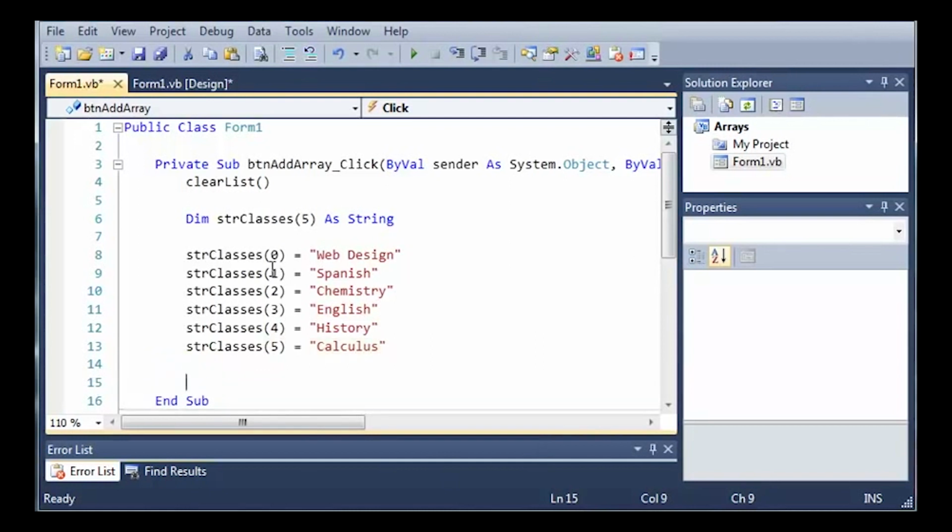Okay, so now that we've set a value for each one of the items in our array, starting at 0 going through 5,